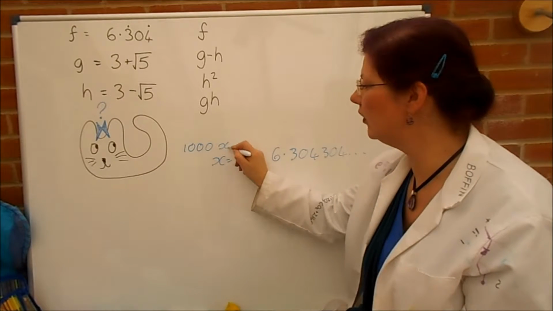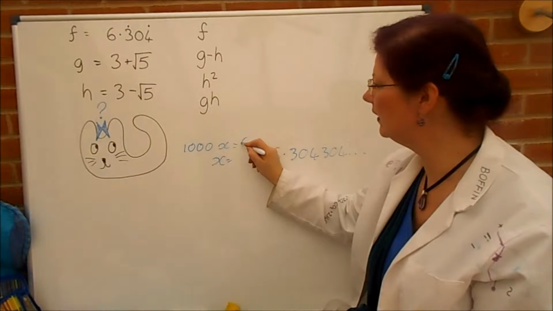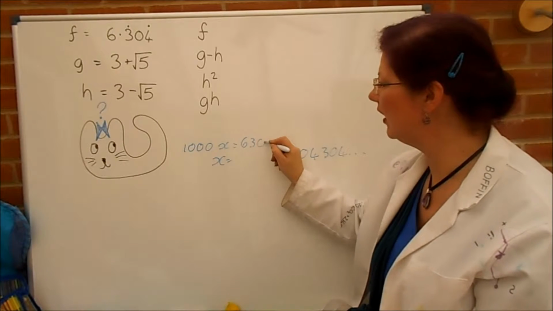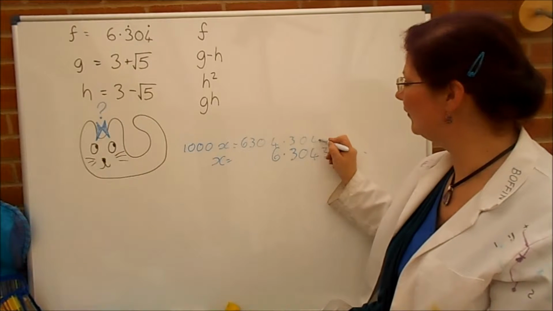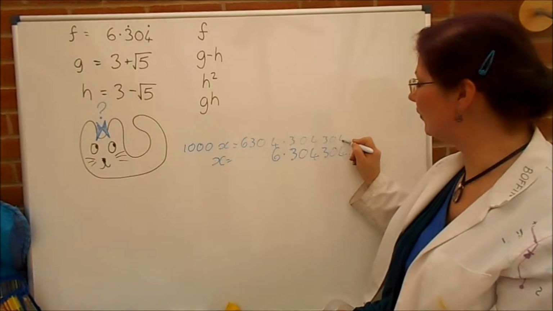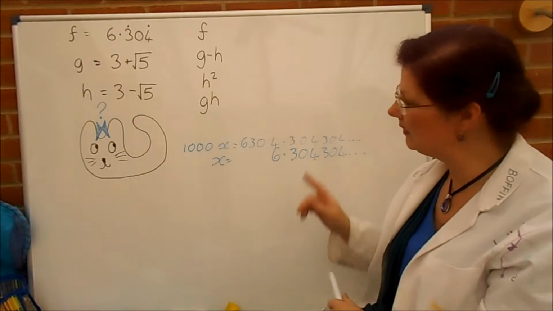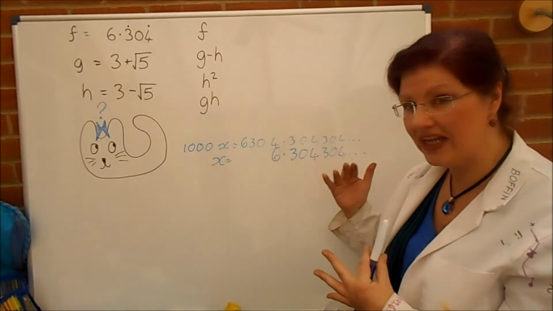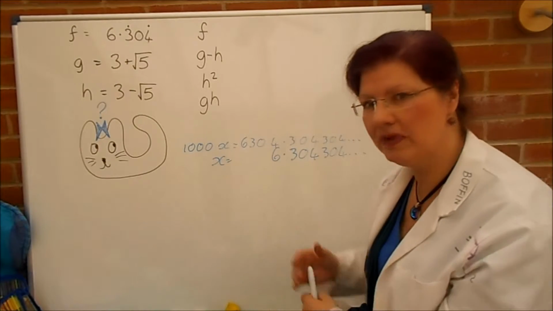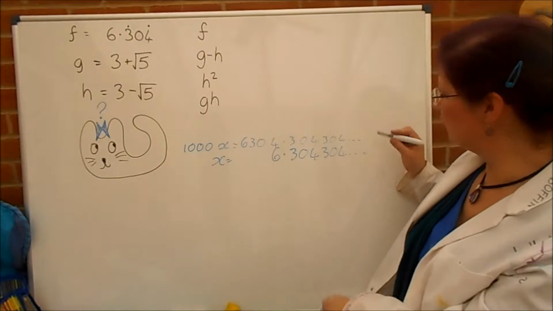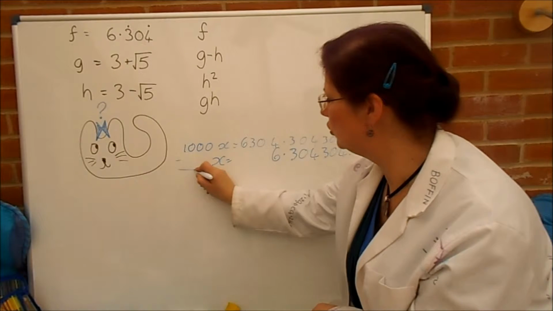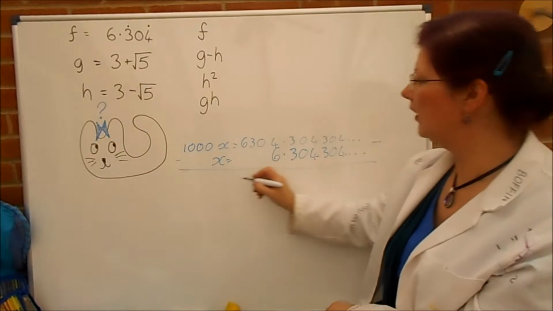Here's the sneaky trick. I'm going to multiply it by 1,000. So 1,000 of my number is equal to 6,304.304304 and on forever. You see why I multiplied it by 1,000 there? Because it's 3 places of recurrence, so I move it up by 3 places. So when I do that subtraction, I get 0, subtract, on here I get